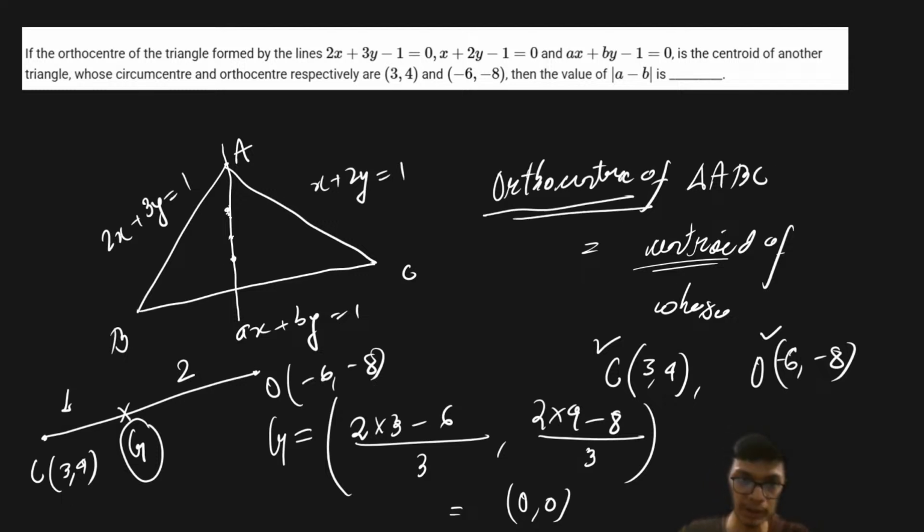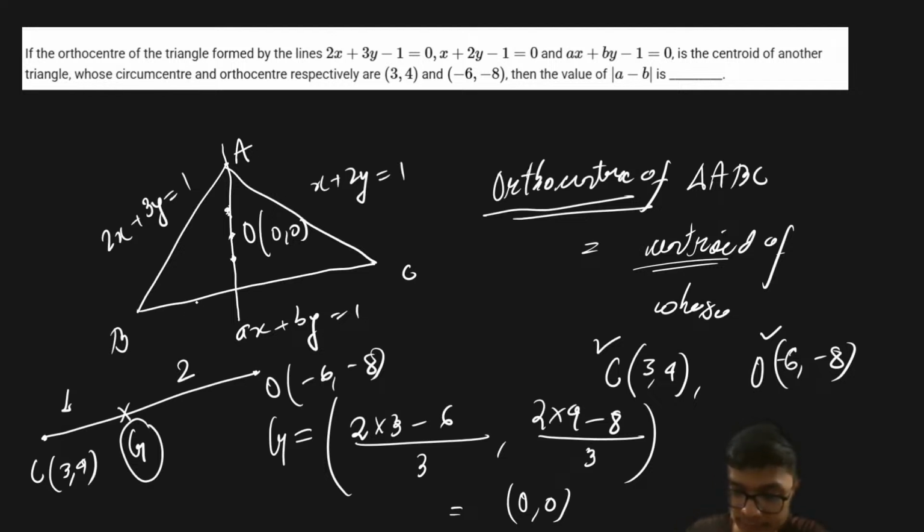So the orthocenter of this particular triangle ABC, let us call it O, is given as the origin. If I have the orthocenter as the origin of any triangle, what is the orthocenter? It is basically the intersection of the altitudes. So in order to solve this problem, what I will do first of all is